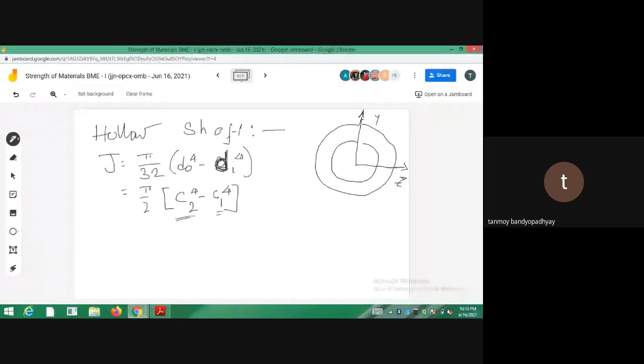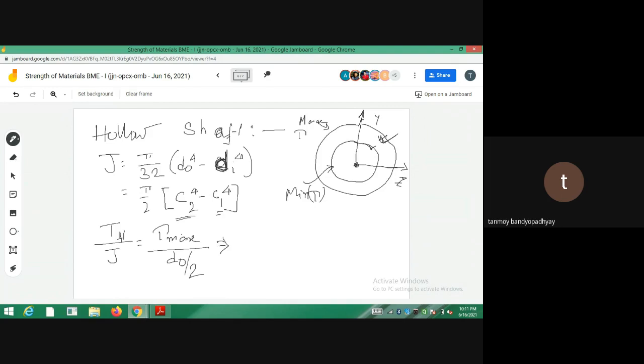Okay? So if I go for the expression for a hollow shaft, T hollow divided by J, that is equal to tau max divided by which one should I take? So for a hollow shaft, where is the maximum stress occurring? This one or this one? Always the outermost fiber carries the maximum shear stresses. So these outer layers will be having the maximum tau, and the inner fibers will be having the minimum value of tau. So when I am writing tau max, I have to relate it with the outer radius. So it is actually d0 by 2. I am writing d0 because that is something you can understand very easily. C1, C2 is sometimes confusing.